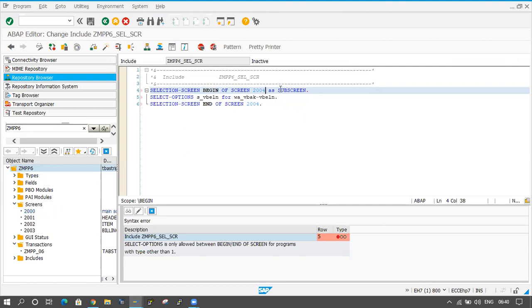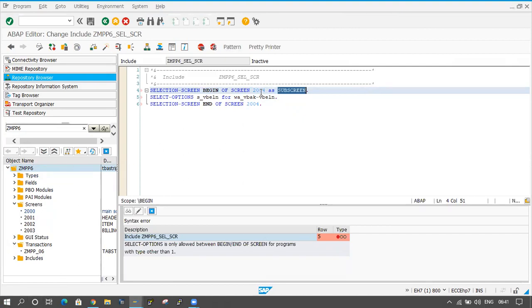I am creating screen 2004 and maintaining it as a subscreen. It is not required to create it here; automatically 2004 will come into the screen tab, but we cannot see it here.